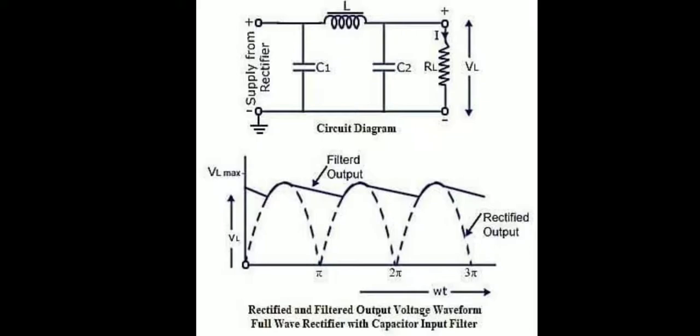Next is the capacitor filter. In this type of filter, the capacitor is connected across the load. During the rise of the voltage cycle it gets charged, and this charge is supplied to the load during the fall in the voltage cycle. This process is repeated for each cycle and thus the ripple is reduced across the load. It is popular because of its low cost, small size, less weight, and good characteristics, useful for loads up to 50 milliampere in transistor radio battery eliminators.